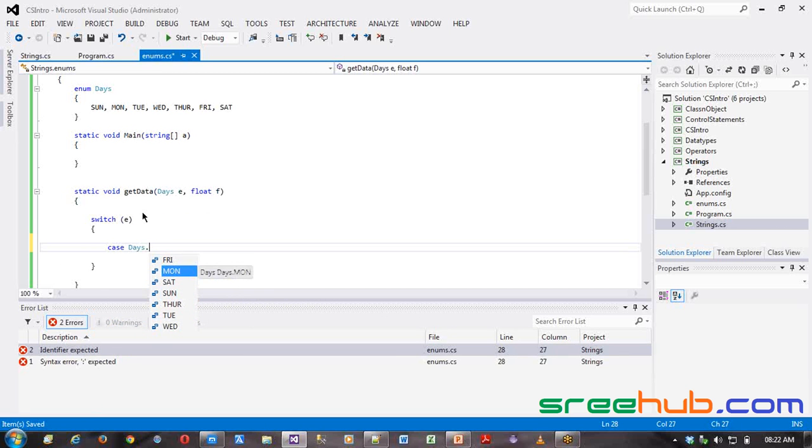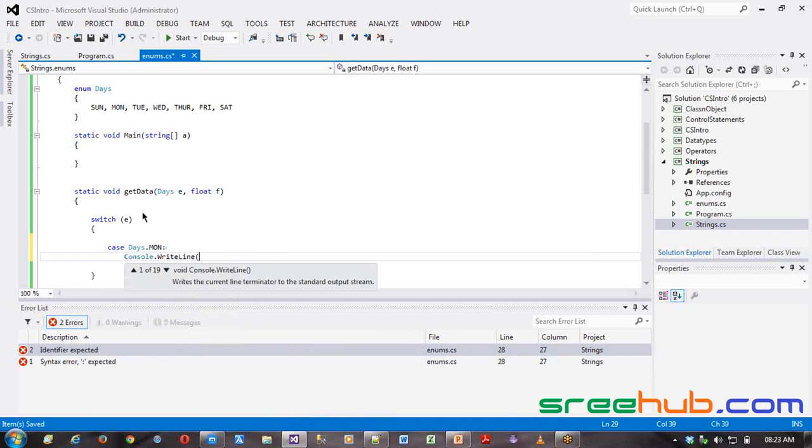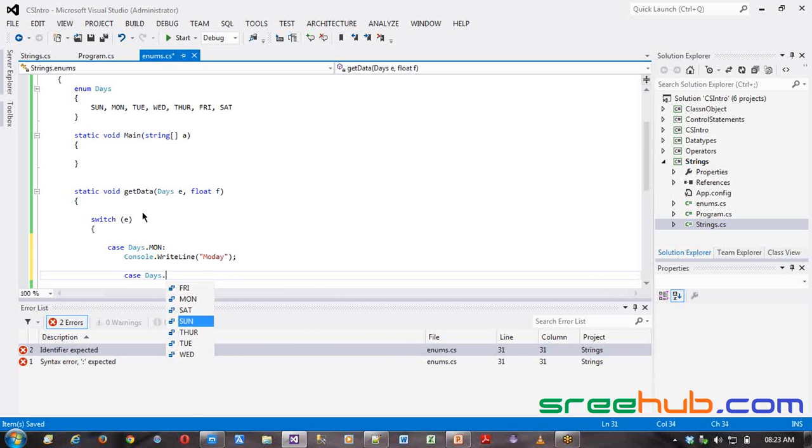Let's say I'm going to take some Monday here, and I'm going to print something, and when I go ahead and do it again, see what happens. Again it will give me all the cases. So this is something which will be used across